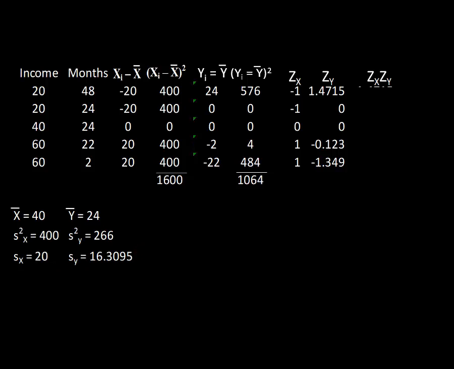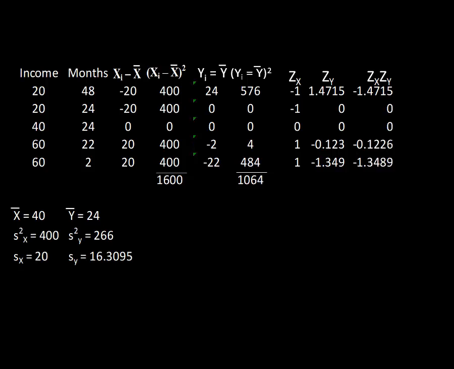All right, so let's do that for a few of these. Try that first one, and what happens? Well, if you pause the video, you can do it with a hand calculator. Otherwise, here it is, right? You could probably have done that one in your head, now that I think about it. It's just negative 1 times that. 1 times anything is the same thing. Negative 1 times anything is the same thing, just negative. So there you go. Negative. Okay, so we get a number that's negative, and that tells us that one of these numbers is above its mean and one is below its mean, and its size tells us how far above and below their means these two numbers were. And if we do the rest,